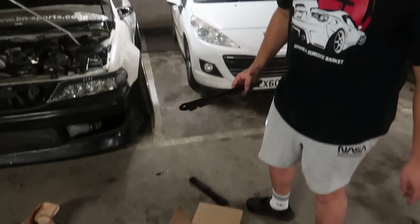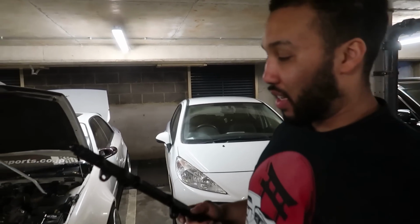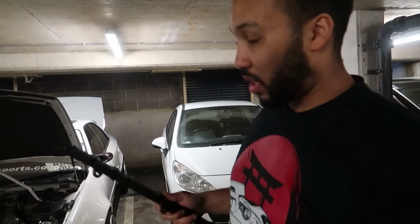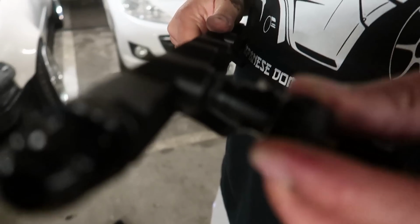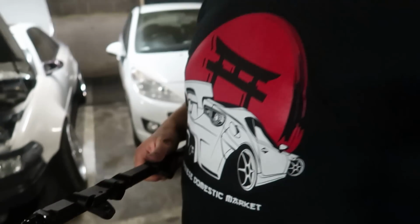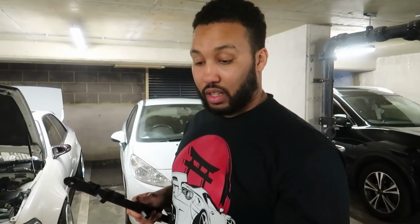Right, what's the problem? So we're like, you know what, let's just fit the fuel rail onto the car. You see this? It's not going in. That means I will need to get an injector adapter cap. It goes on top of it, and then it will fit in there at the right size. I'm not too sure if I need that. I'm gonna do research before I start buying it, but I need to get shit done as soon as possible,